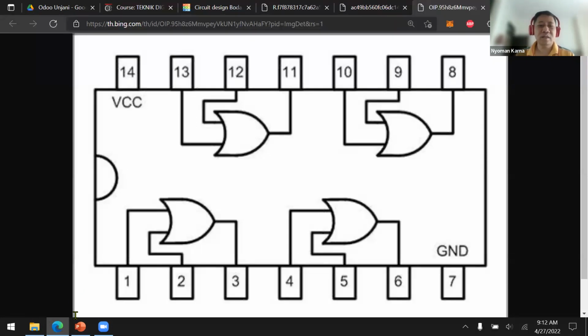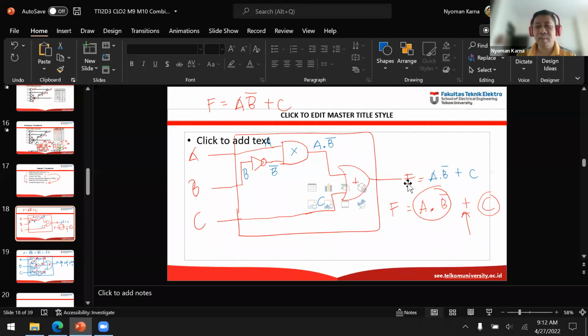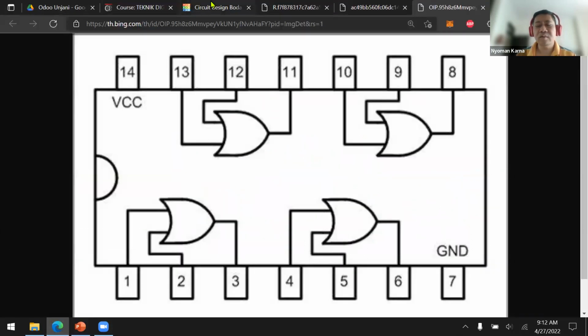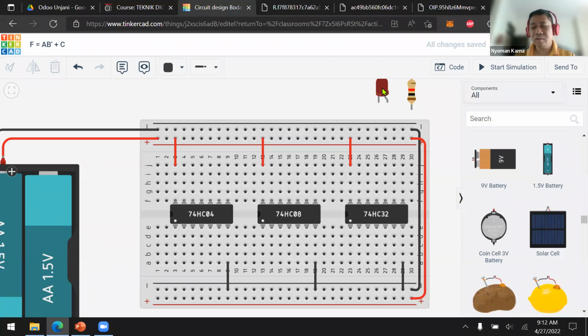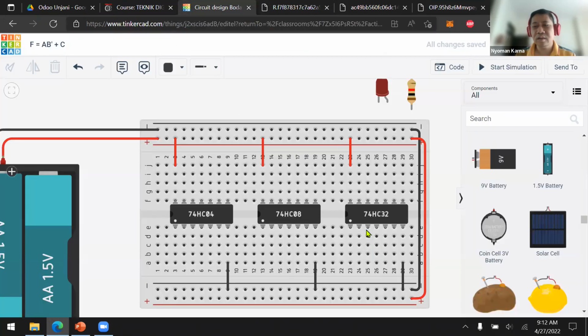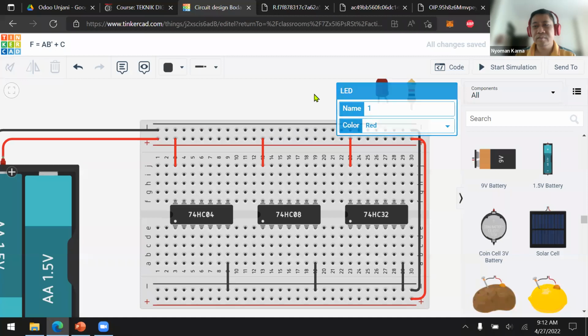The OR gate is the output function to get A, B naught plus C. So for the output, we're going to use this 1, 2, and 3. So the output is number 3. Now we're going to turn on the LED.